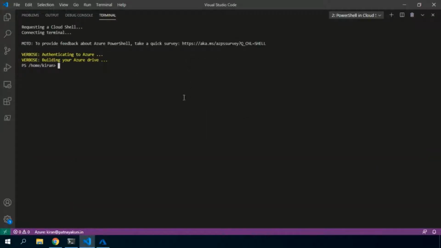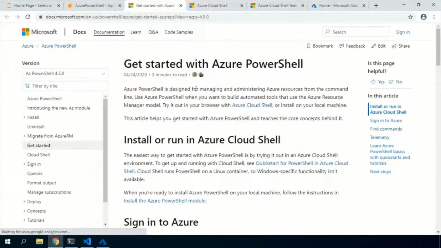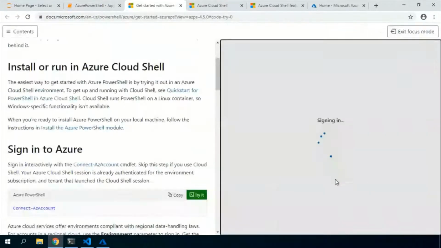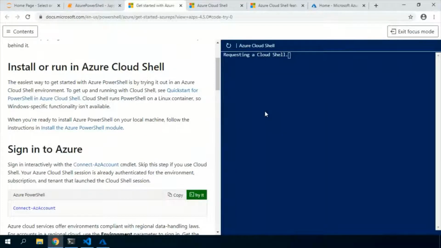Right, like this you can access it, and there are other ways using the documentation page of Azure PowerShell or Azure CLI. When you see the Try It Out, it will split into two panes, where you can read the documentation on your left-hand side, and the Cloud Shell will be launched on your right-hand side.